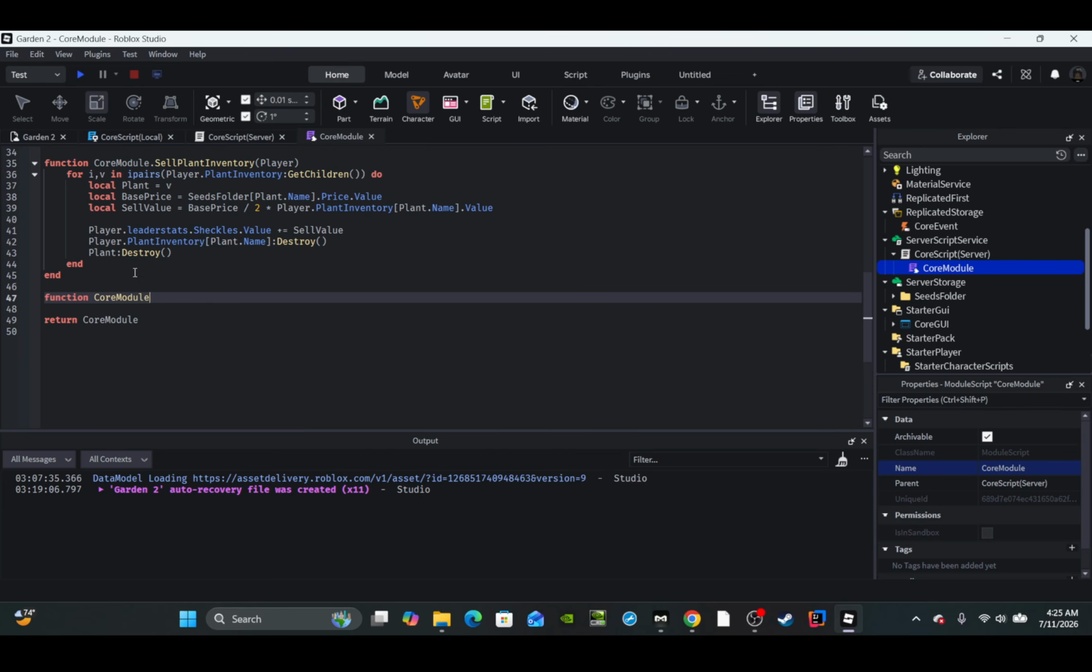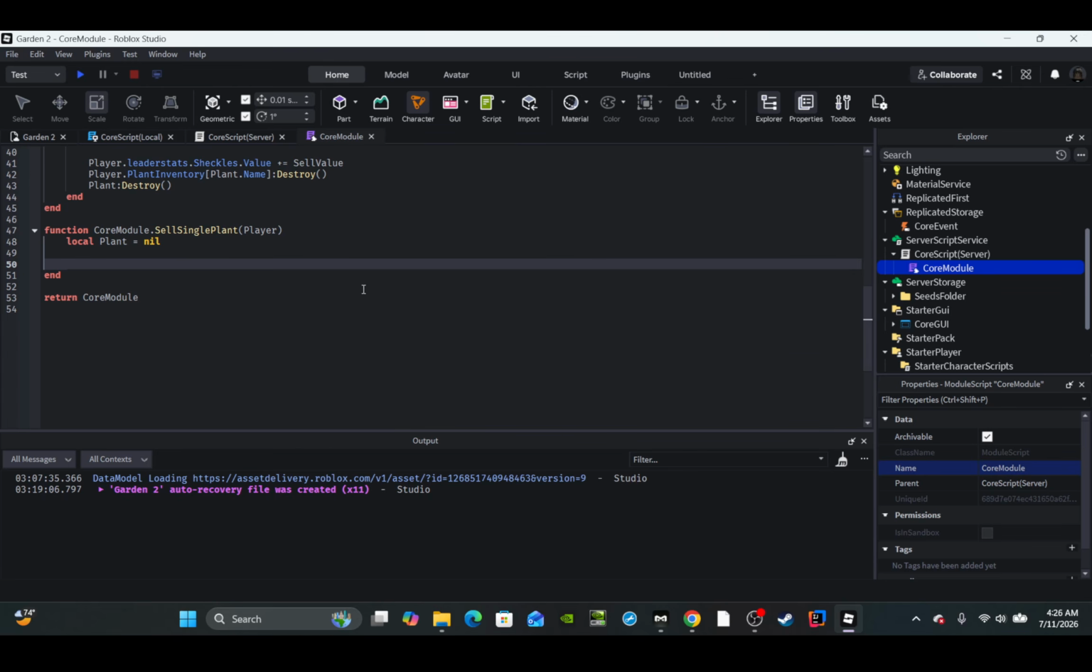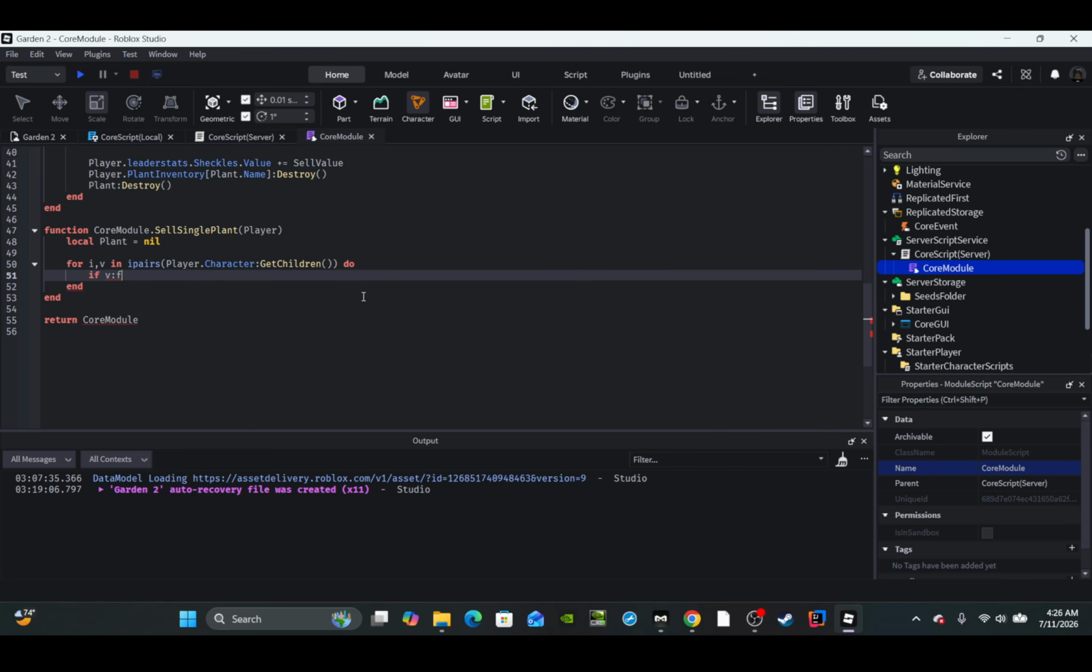Next is sell single plant. So function coreModule.SellSinglePlant(player), enter. This time you will create a variable for plant, and it will be set to nil by default. You will then say for i, v in ipairs(player.Character:GetChildren()), enter. You will say if v is a tool, because remember the loaded things are going to be tools, and v.Name is not equal to Shovel, which we haven't gotten to yet, but eventually we'll get to the shovel, and not